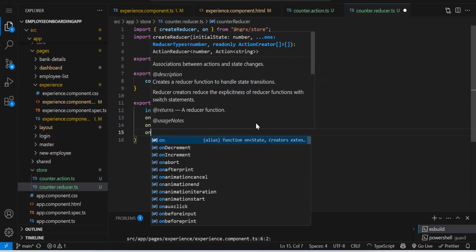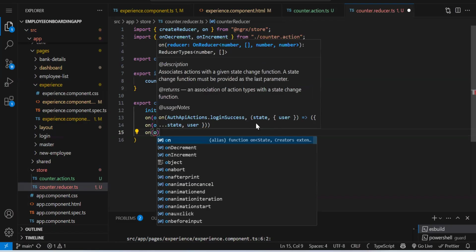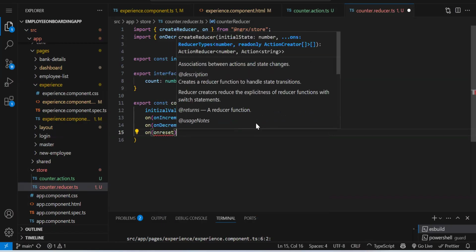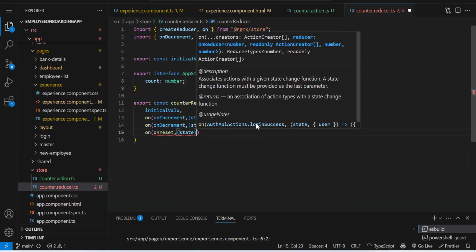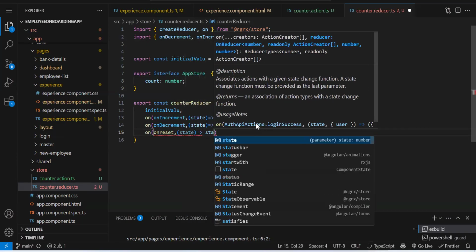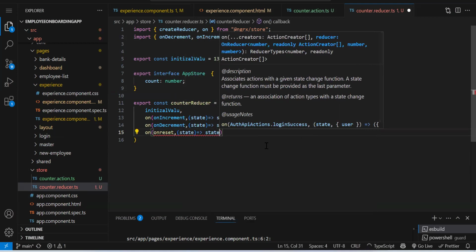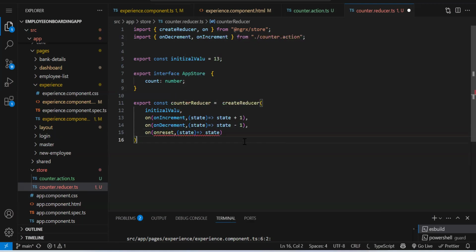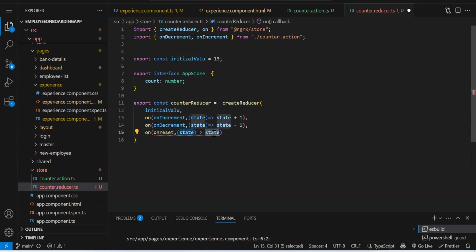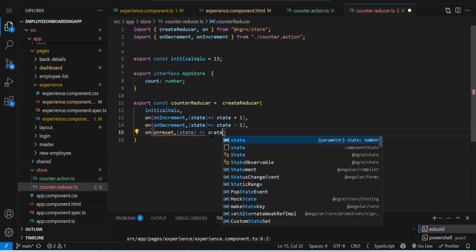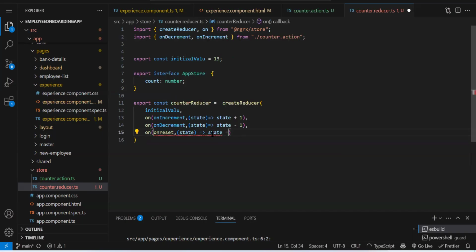So again, on method will be there, on reset. What will you do on reset? The state will be value 0, sir. Now here we are getting the old value. Let's initialize the state with 0. Now how do we reduce the value?